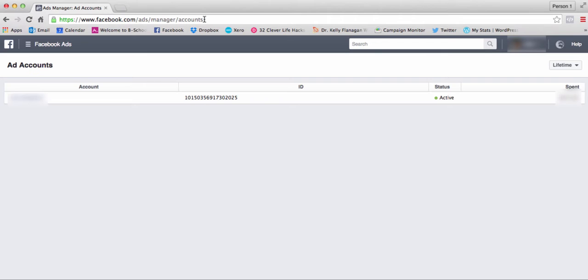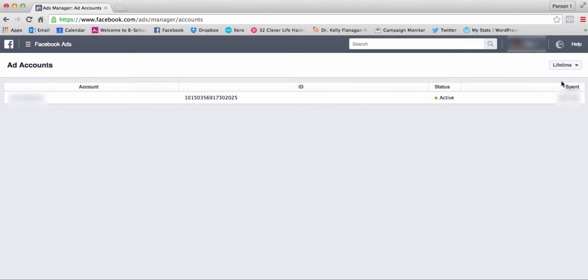When you get to that link, you'll see that Facebook looks the same, but it's changed slightly. We still have the Facebook icon on the left, we still have our personal avatar on the right, and we still have a search bar. However, the Facebook blue is gone and is replaced with a grey. And we have a random long number here, which is your account advertising ID,